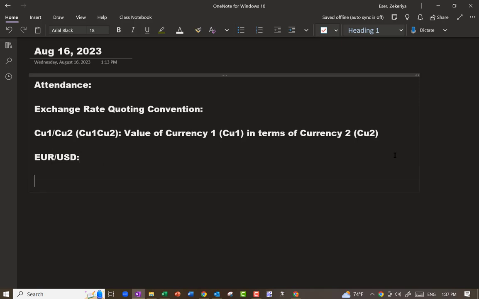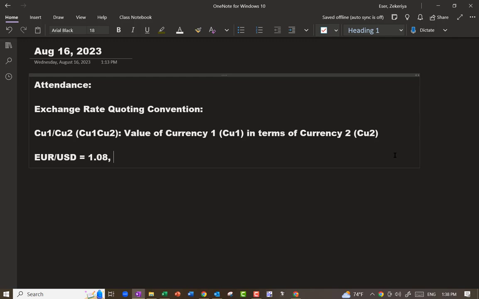So if I say that's equal to 1.08, that means if you give 100 euros at the foreign exchange kiosk, at that rate, they're going to give you 108 US dollars. That's the convention. Right? And you should always know that